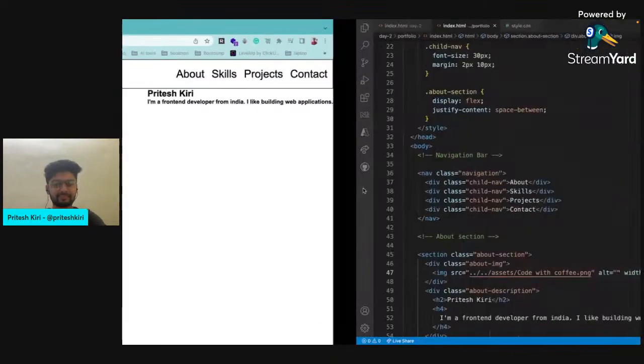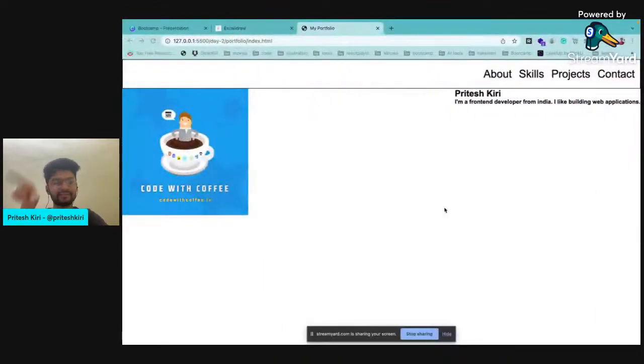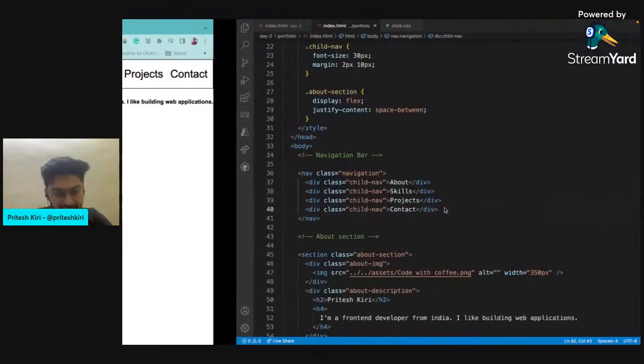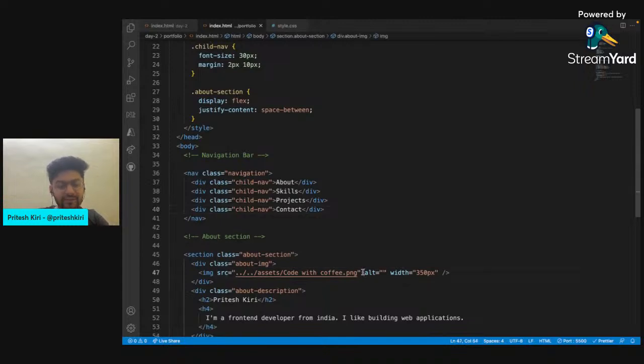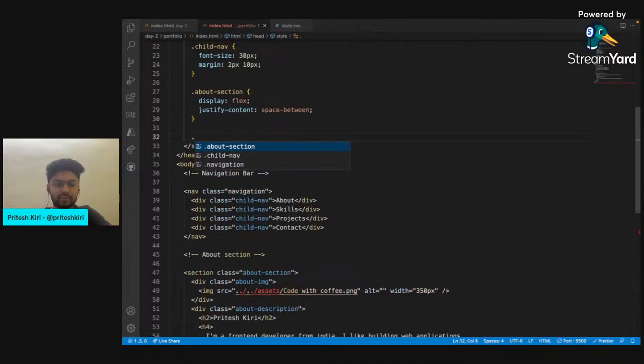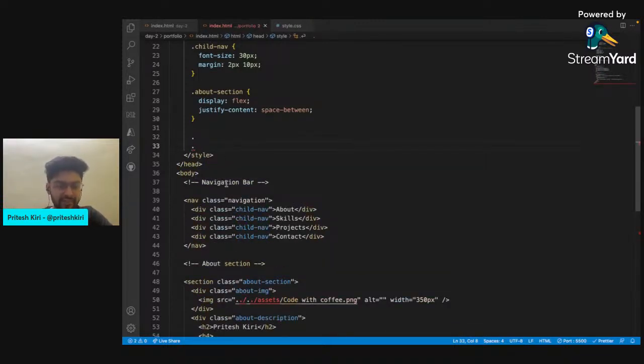This looks nice. Okay, let me make this circular so that it will look a little good. Can we do that? Yes, we can do that. All we need to do is just add a class. Or if you don't want to add a class, you can access this particular image tag from the parent tag. What I mean is, if you use dot image